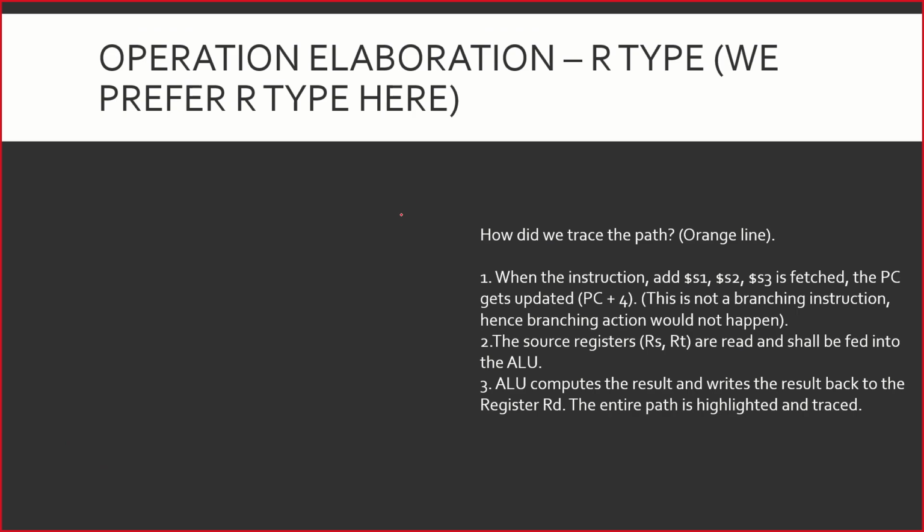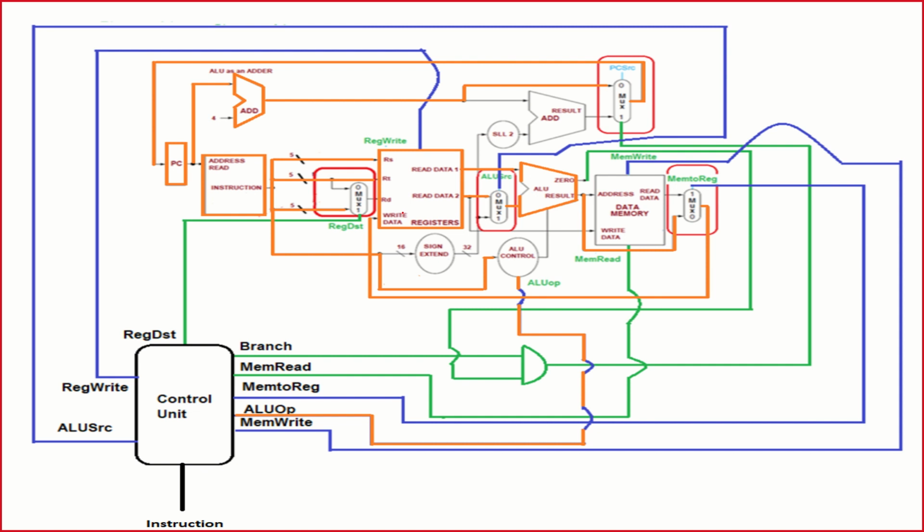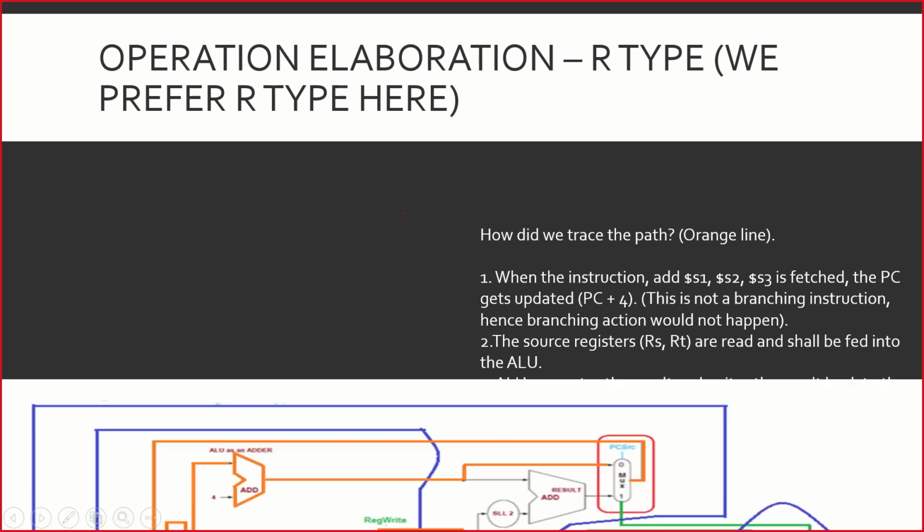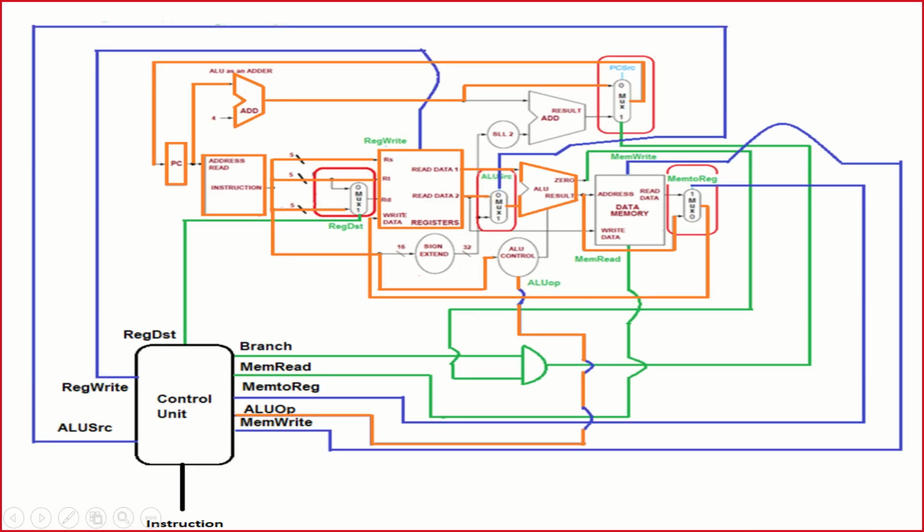Right. Now time comes for us to trace the data path in this fully equipped data path along with control signals. I would still not call it fully equipped because we do not have jump included here. Still it is 90% fit. We are not 100% okay to call it a complete data path.